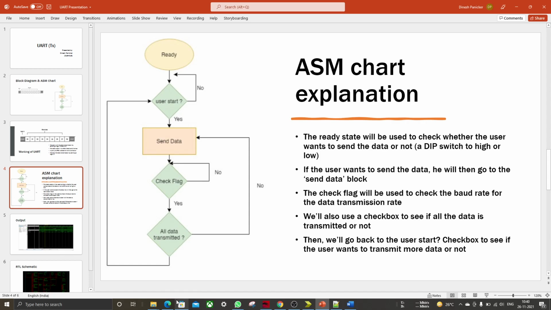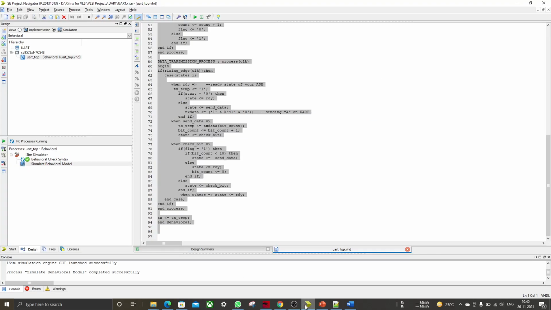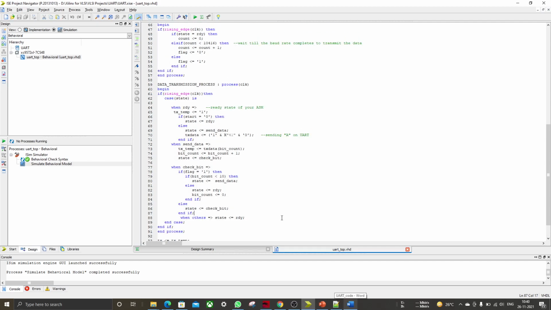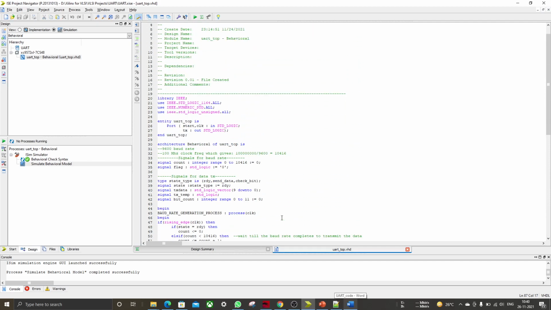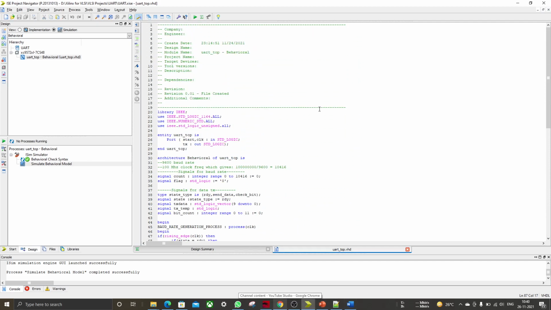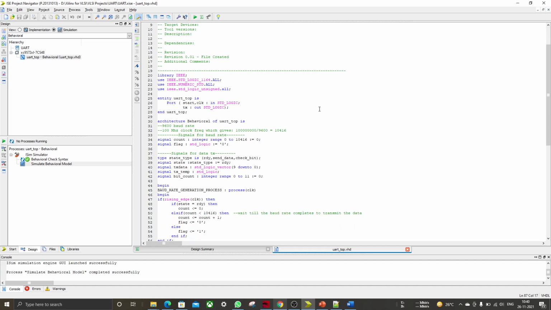Let's go back to the code now. I'm using Xilinx ISE 14.7, and I'll talk about the installation part in my later videos, but let's go on with the UART part now. We have declared two ports, start and the clock bit, as in standard logic, and then you have a TX port as out standard logic.